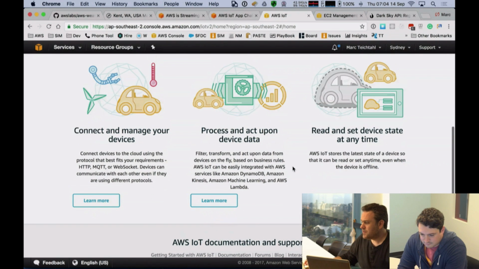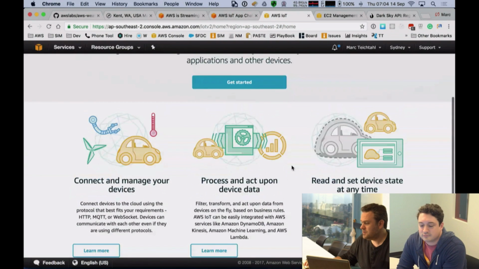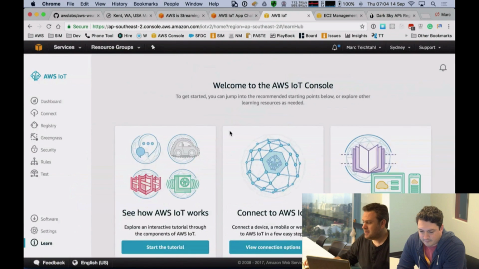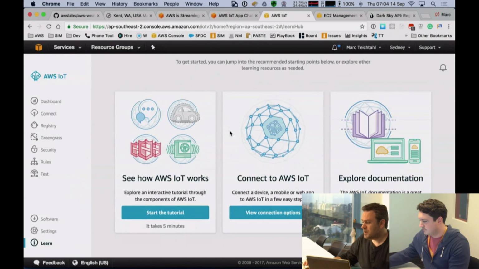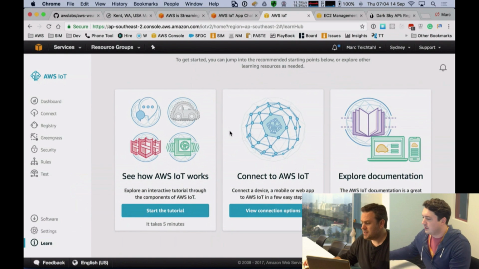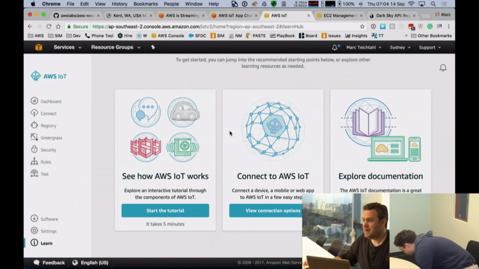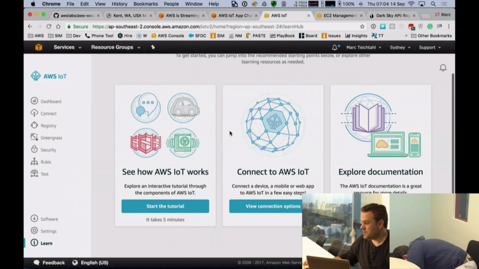I'm not going to run through how to configure the AWS IoT service, but I encourage you to have a look in the console. It's a relatively straightforward process to connect your IoT devices using the AWS SDK for Node or C++ or Java, which is also not an overly complex task, so I encourage you to read that documentation.